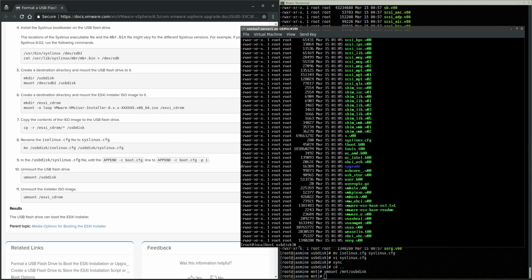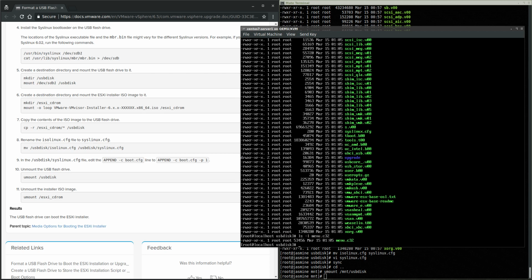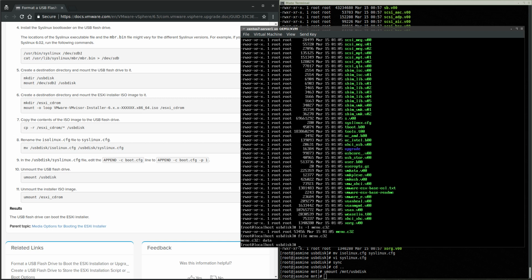So there was a problem with the file menu.c32, and I'm not exactly sure what the problem is here, but what I found that works is that, see, if you run file on this thing, it just says it's a data file for some reason,